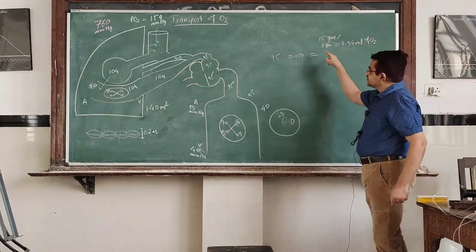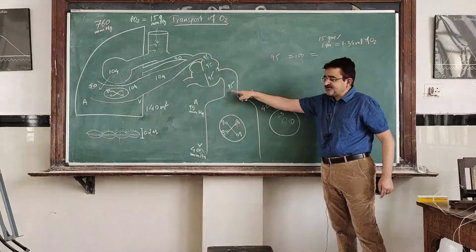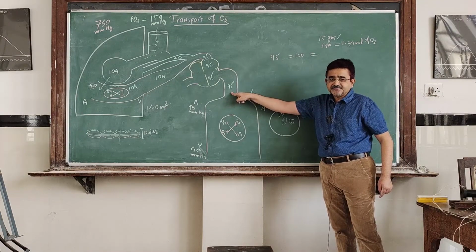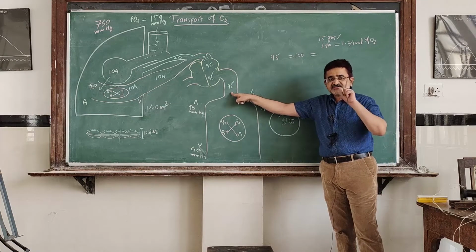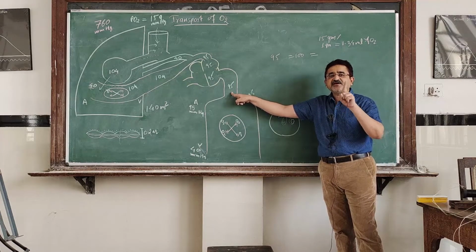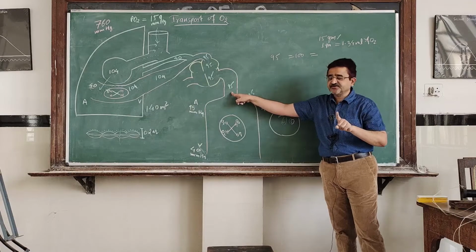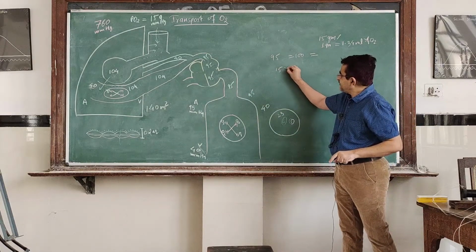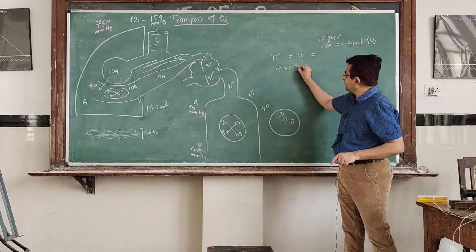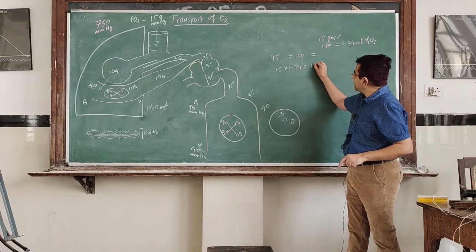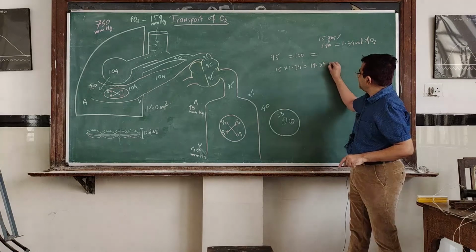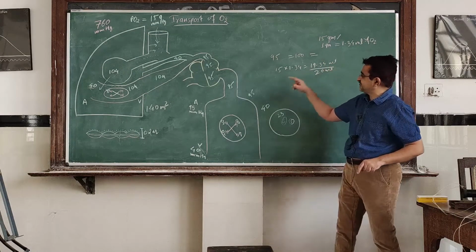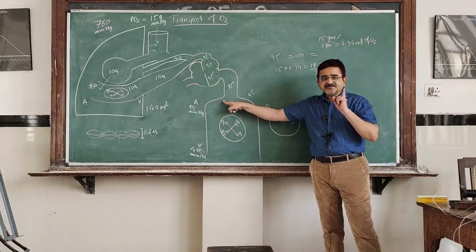Okay, so supposing this individual, his hemoglobin concentration is 15 gram per 100 ml. So this 100 ml of blood will carry how much amount of O2? This is naturally 15 gram into 1.34 ml, and it comes around 19.34 ml, or just roughly say it is 20 ml of blood is present at the arterial end